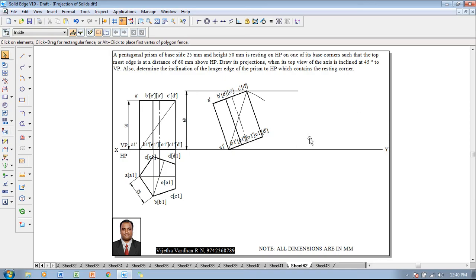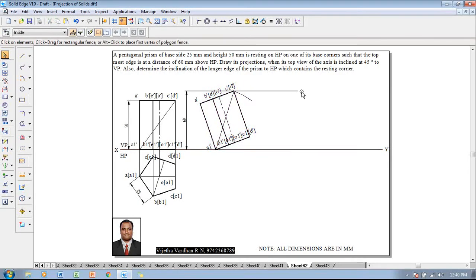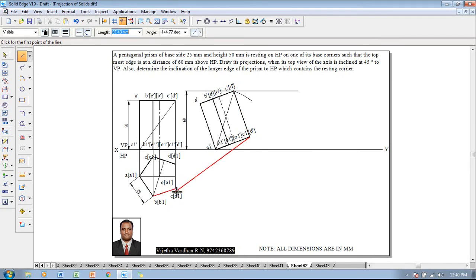Now to accommodate a place to draw the third stage, what I am going to do is move this entire front view with copy off slightly towards the left side, so as to accommodate the next stage. And then what we are supposed to do is using a line command with a thickness of 0.13, one can start drawing the projectors from all the respective corners, starting with the right extreme corner, as we know this procedure. So now here the angle should be locked as 0, so that we will not get any disturbance.